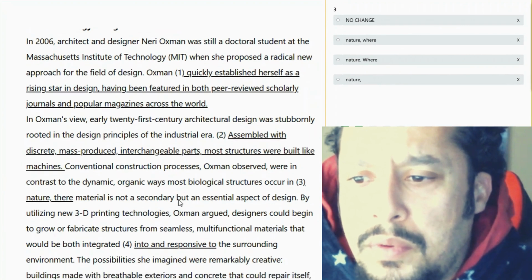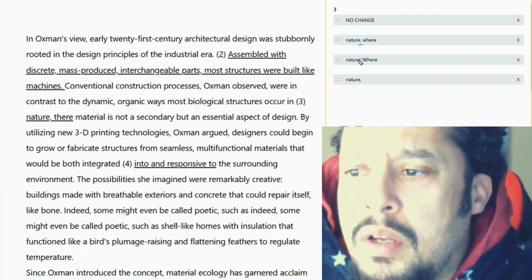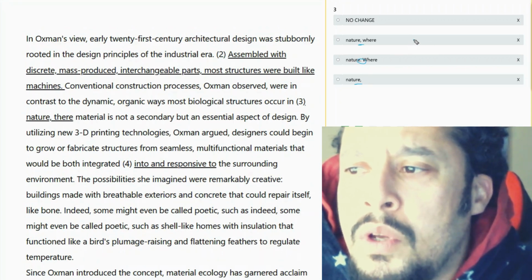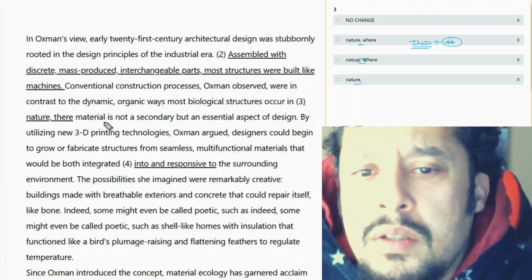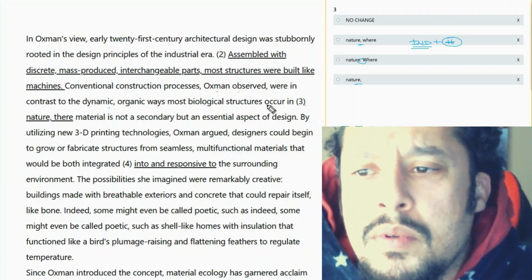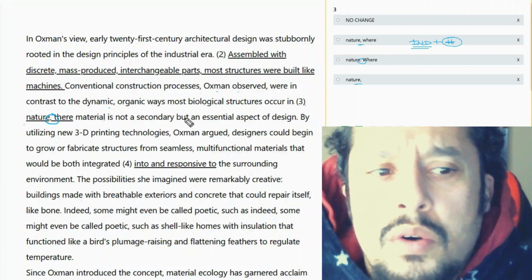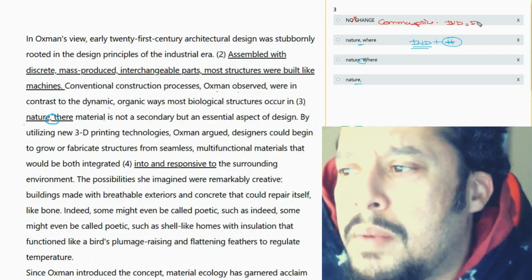Number 3. So notice number 3, this is a punctuation question: comma, period, comma. So we want to look for independent ideas. We also want to look at the number of independent ideas. Okay, so we have a few things here. First, the problem with answer A: you have a comma splice in answer A. You have a comma splice: independent idea, comma, independent idea.